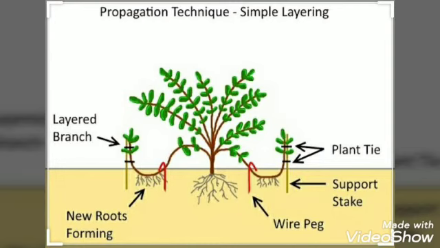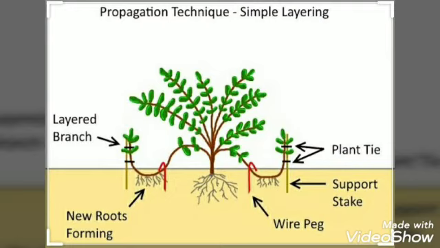One more method of vegetative propagation is layering. It is the process of development of roots on a stem which is still attached to the parent plant. In this method, a branch of a plant is bent towards the ground and covered with moist soil. After some time, new roots emerge from this plant into the soil, and then this part is separated from the parent plant.